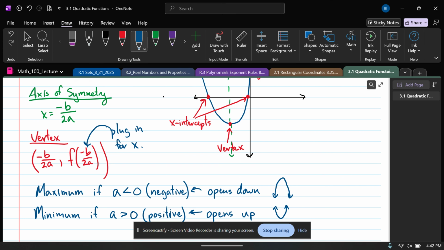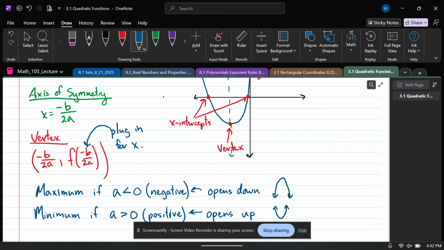And then we can decide if the vertex is a maximum or a minimum based on what a is. If a is negative, it's a maximum. If a is positive, it's a minimum. A maximum means it's the highest point on the graph. Minimum means it's the lowest point on the graph. Okay. All right, so that gets us the axis of symmetry, the vertex, maximum or minimum, and then we're going